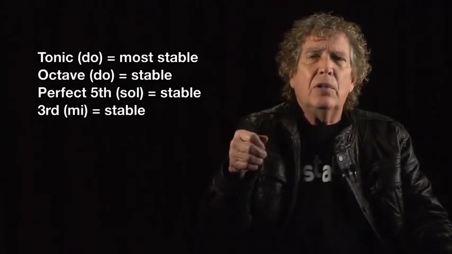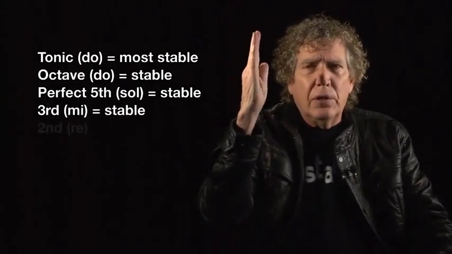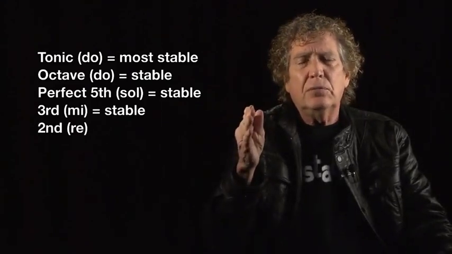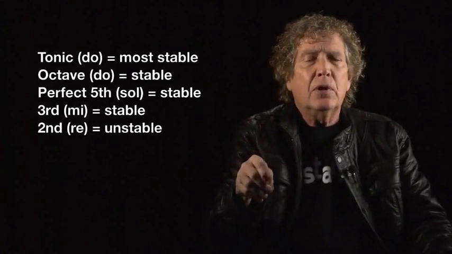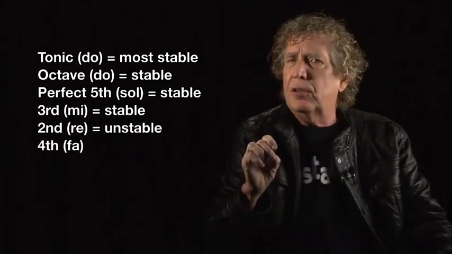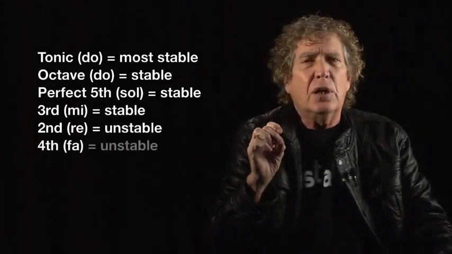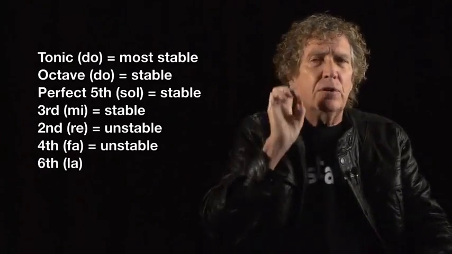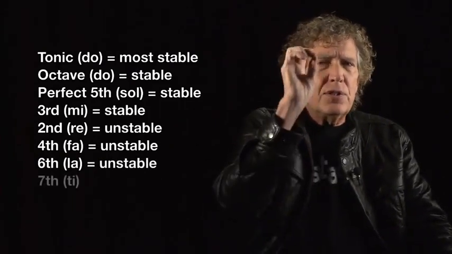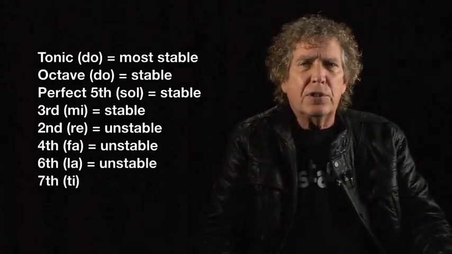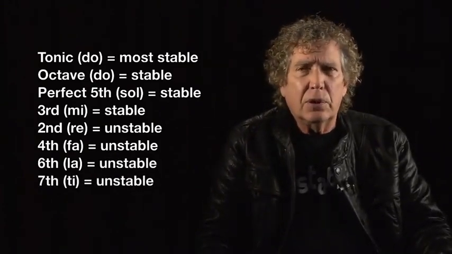That means that the second degree of the scale, re, is unstable. The fourth degree of the scale is unstable. The sixth degree of the scale is unstable. And the seventh degree of the scale is unstable. Now, in our case, in A minor,